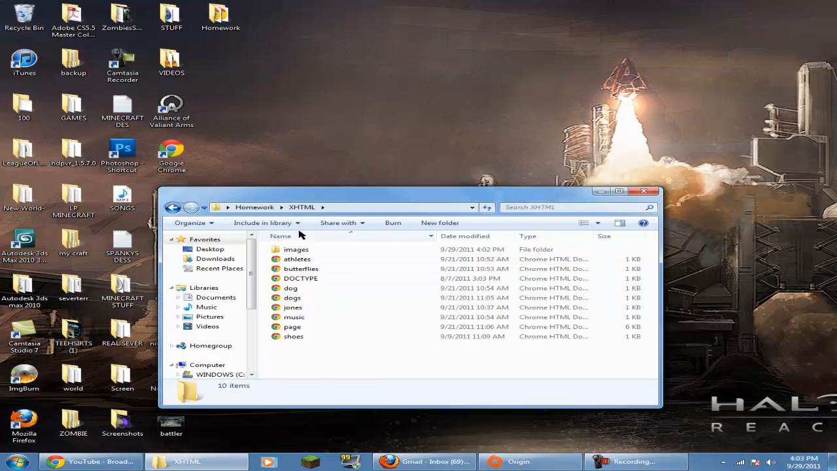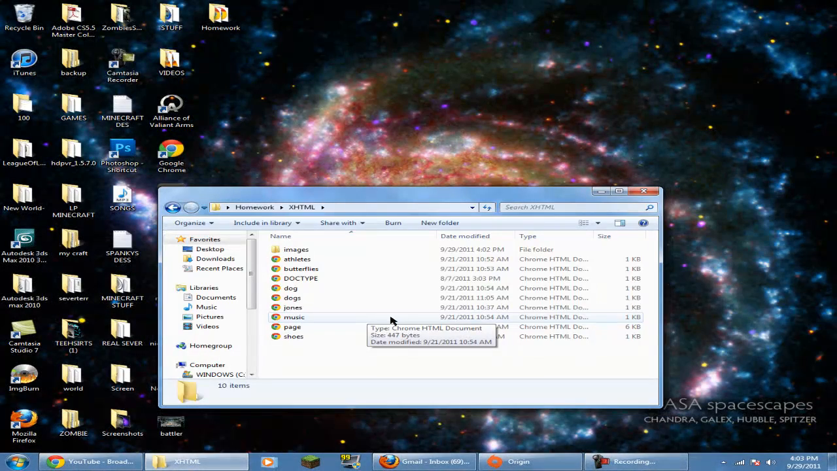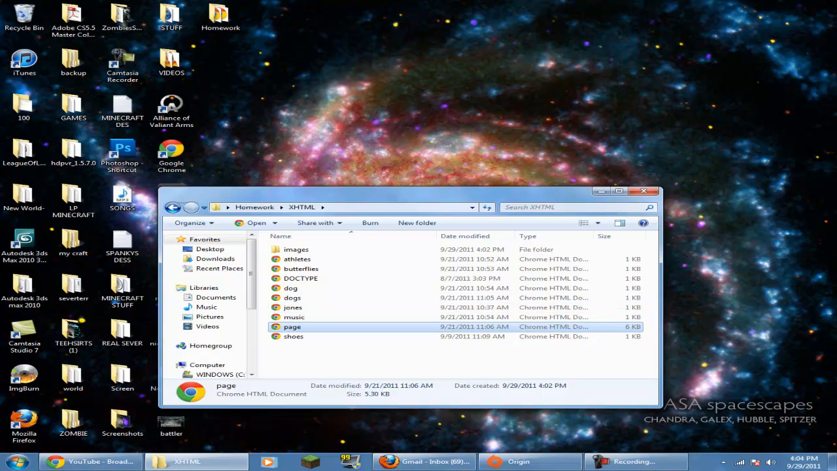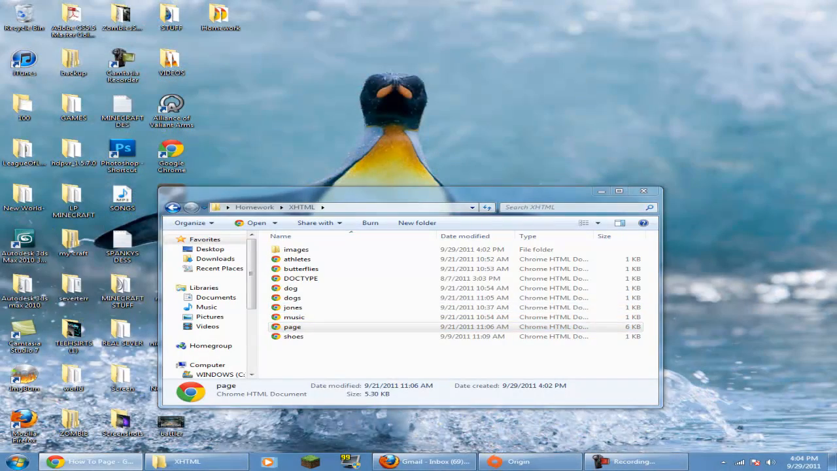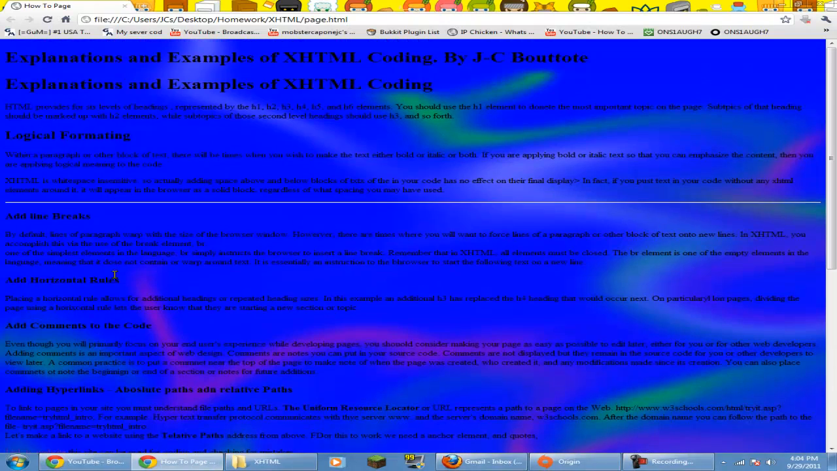We're doing XHTML coding, which basically means it's a simple kind of coding that you can open in all web browsers. It's just a simple code that shows up on a website or a web browser. So this is my actual website that I've already made in the class. Like I said, no JavaScript or anything, just a basic XHTML